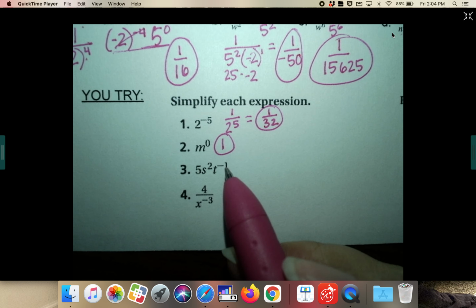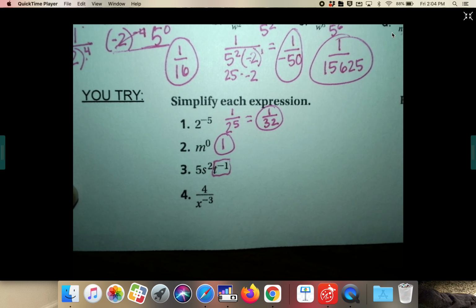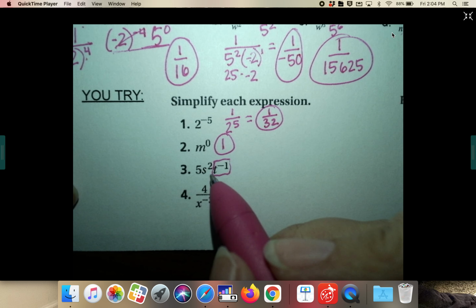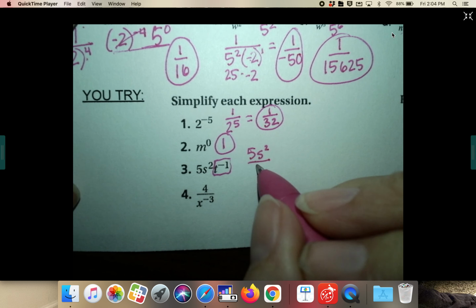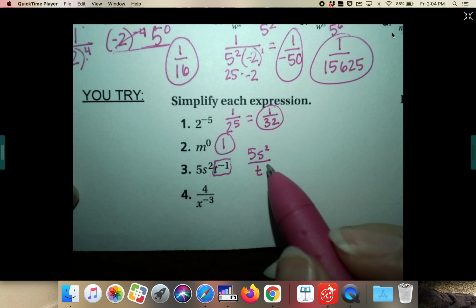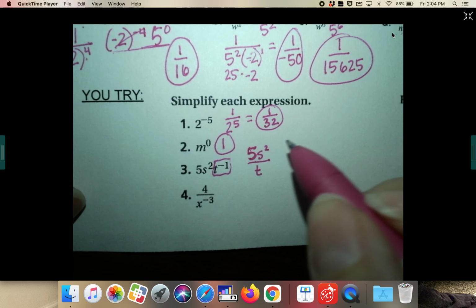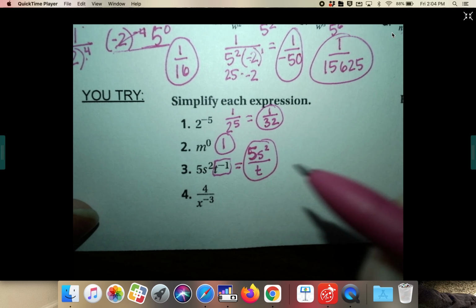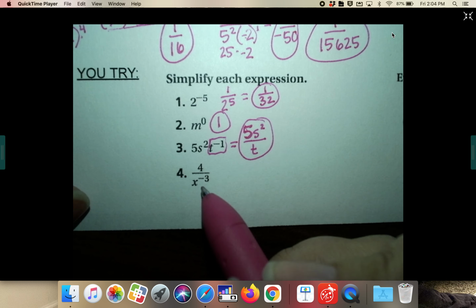5s squared t to the -1. The only problem I've got here is you can't have a negative exponent. So it's going to flip underneath this 5s squared, and it's going to be 5s squared over t to the +1. I'm just going to leave it off because that's more simplified to leave a 1 off. And that's it. That's all we know. So 5s squared over t should be this final answer here. All right, and then the last one, the only issue I've got is you can't have a